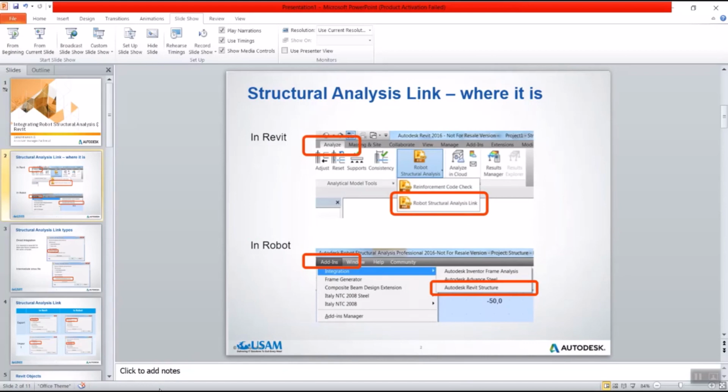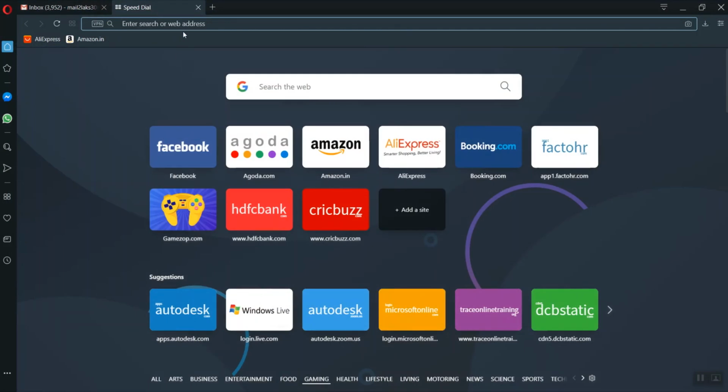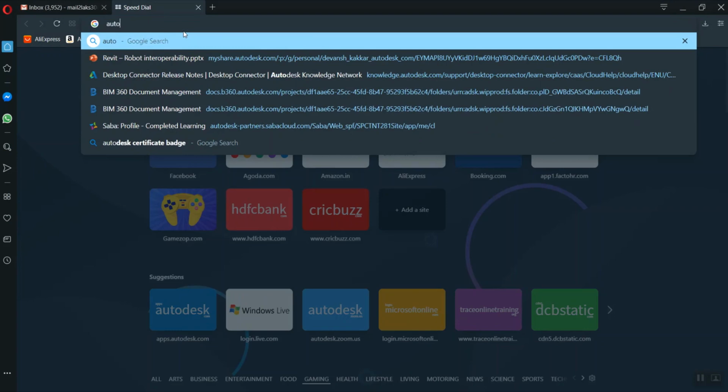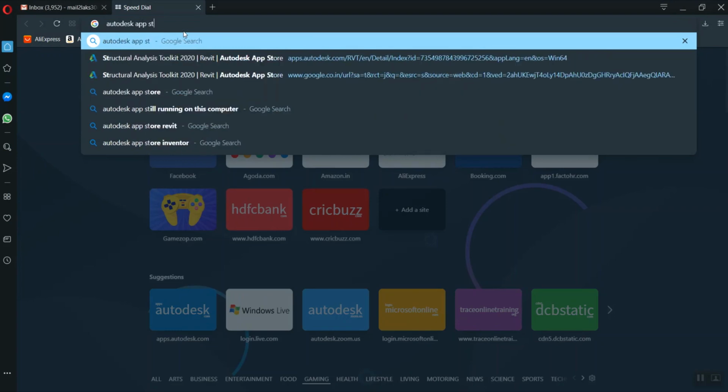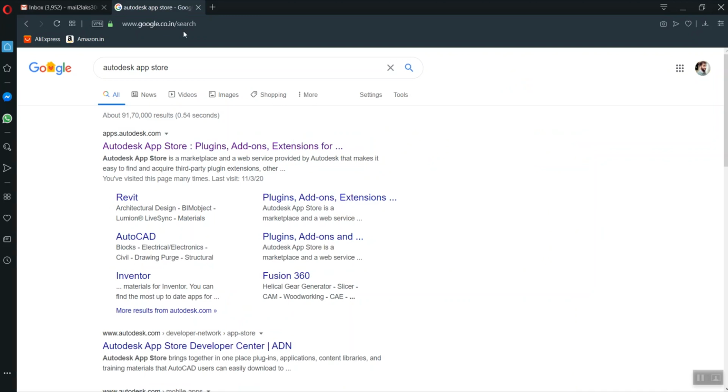This is the link through which we transfer our models directly from Revit to Robot. So where do we download the Structural Analysis link? It's an add-in for Revit, which you can download directly from the Autodesk App Store, or you can open Google Chrome and type Autodesk App Store. I'll also show the other way you can download it from the software itself, in a while.